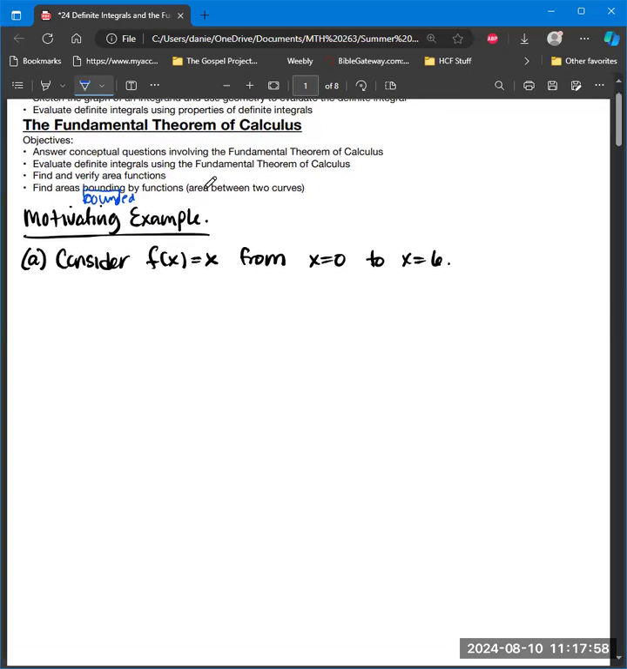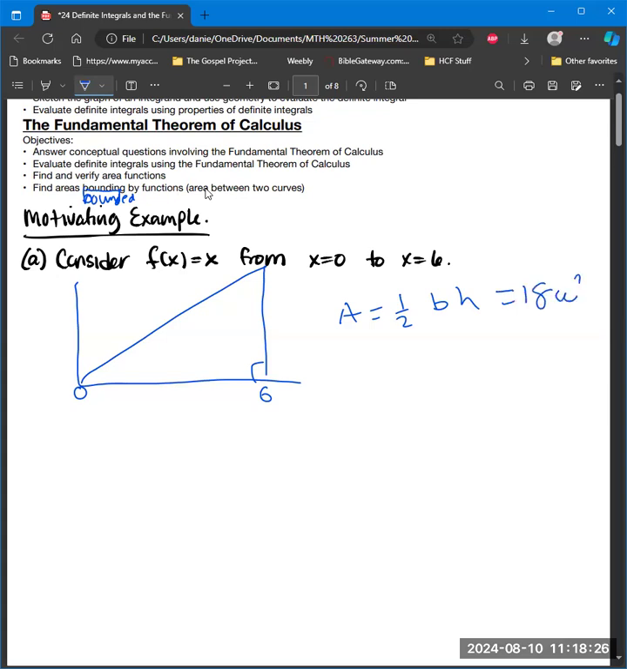So let's go ahead and look at this motivating example. Once again, we're going to use the example like we did last time of the function y equals x from 0 to 6 to talk about the fact that we could use the geometry formula A equals 1/2 of base times height to get the answer of 18 units squared like we did last time. But now we're going to state the area here as being equal to the definite integral from 0 to 6 of x